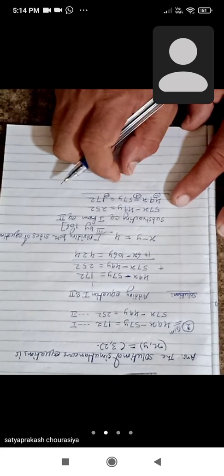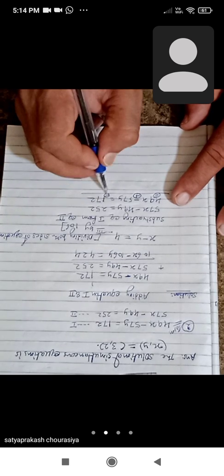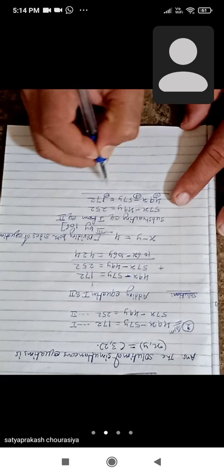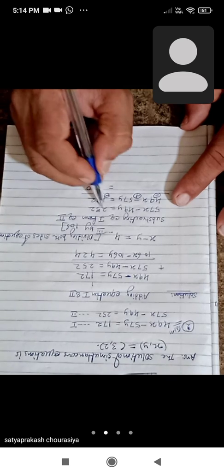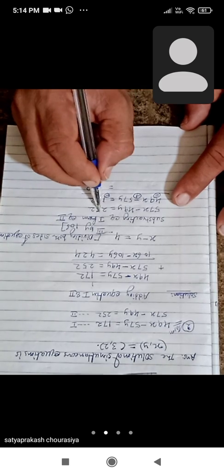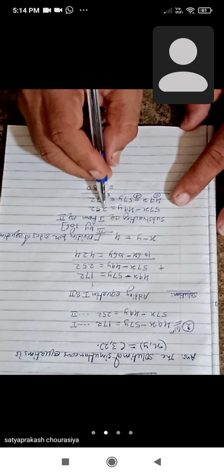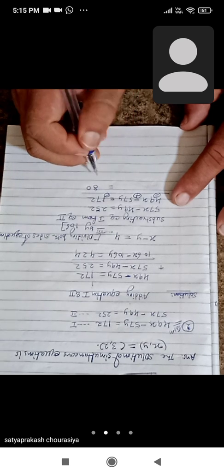Now you have to see the sign of the first number and the changed sign which is written in the circle. Now see, 2 minus 2 will become 0. Now 5 minus 7, we have to borrow from the next number. 15 minus 7 is equal to 8. Now the remaining number is 1. 1 becomes 0. So here we got 80.